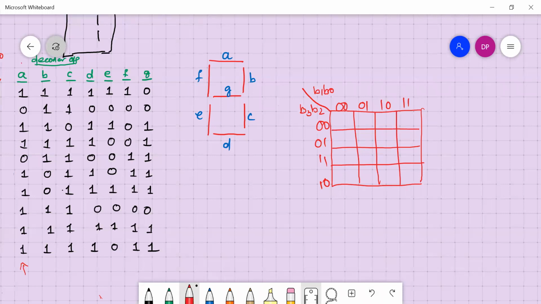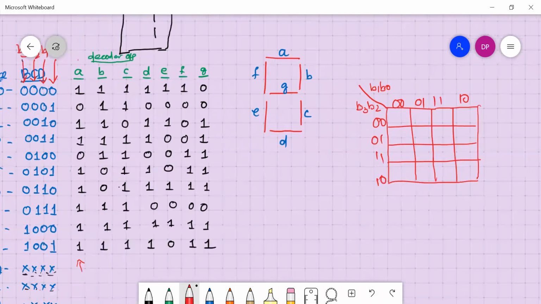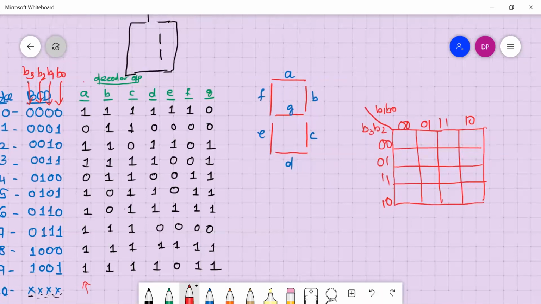This is also written wrongly. 1, 1, 1, 0. Right? So our input, you see the table B3, B2, B1, B0. So I have written in the same order B3, B2, B1, B0. Okay. So let's take this value of A. So we are finding out for small a. Okay. Get an expression for small a using this truth table.